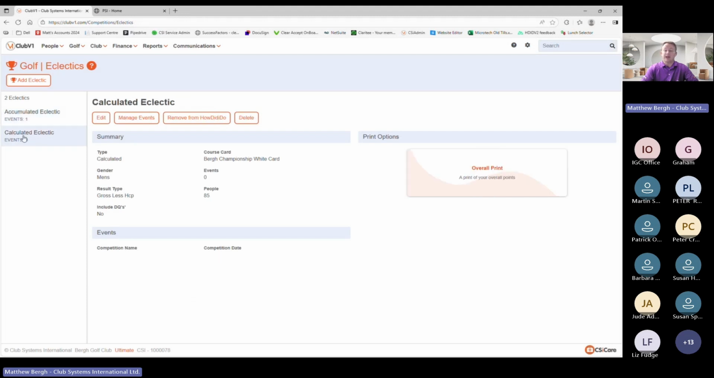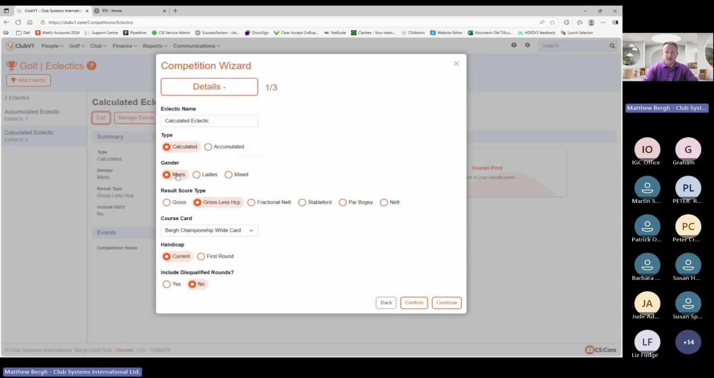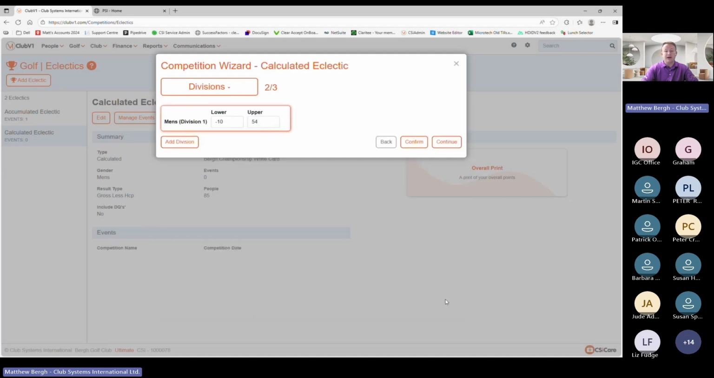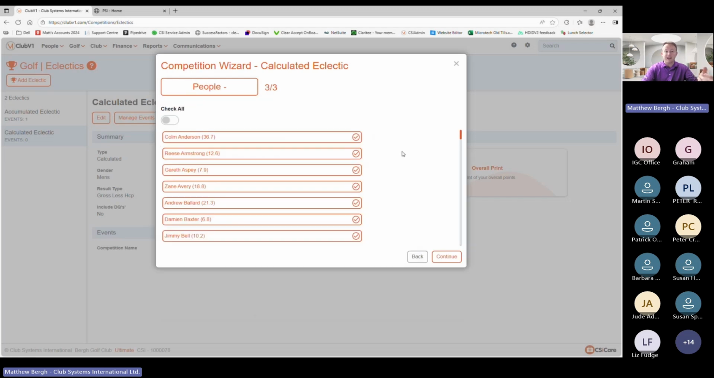Calculated eclectics run a little bit differently, and these are used at the end of a season, really. So once competitions have been closed, if we go and set this up, we've got calculated men's gross less handicap again. It's still my white course. Current handicap, disqualified, no. Continue through there. I can put my divisions in again. But then when we get to the people section,